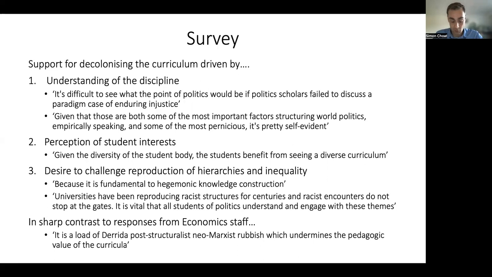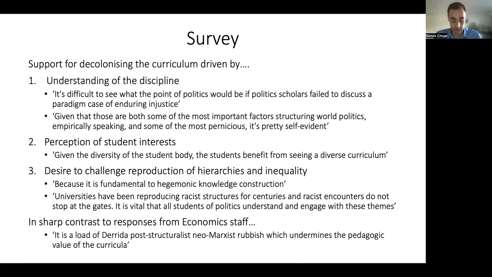So also in this article, we undertook an audit of politics courses in the UK. So we looked at every politics degree in the UK, and we looked at the online course descriptors. So the description of the course that you would find on the website for prospective students. And we tried to establish via this how decolonized the courses were, by looking for references to colonialism or imperialism or related themes like slavery, the civil rights movement, racism, etc. And what we found is that almost 90% of them made no reference to colonialism, race, or race-related themes in